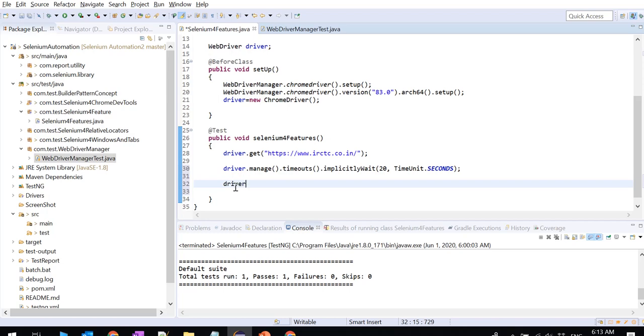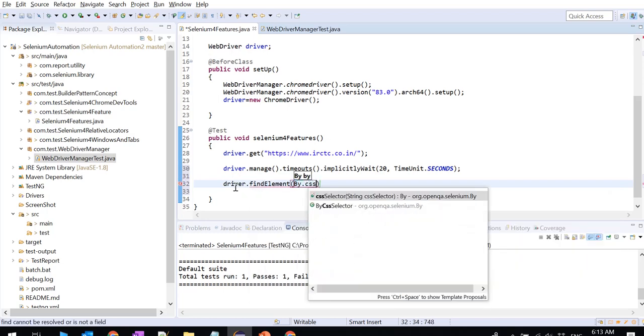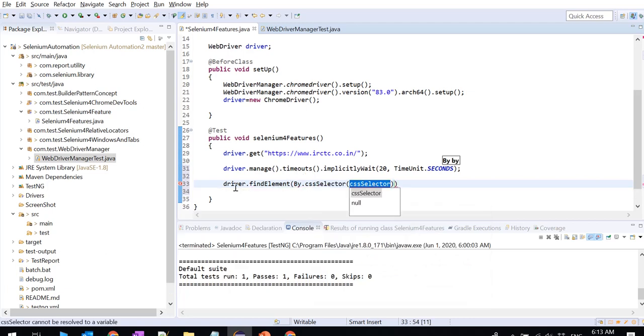Let me say driver.findElement(By.cssSelector), and capture this element here.